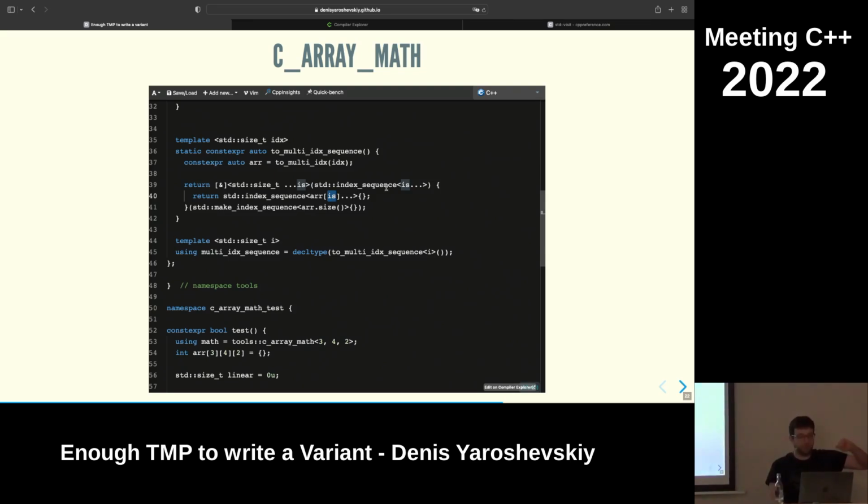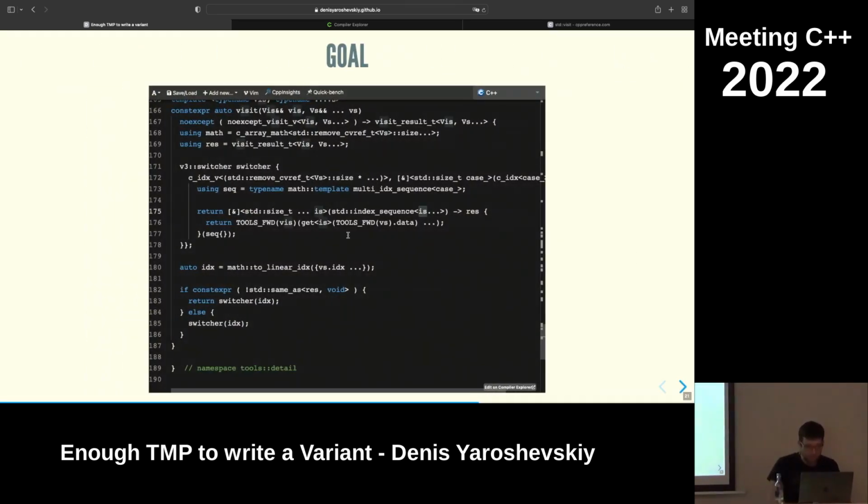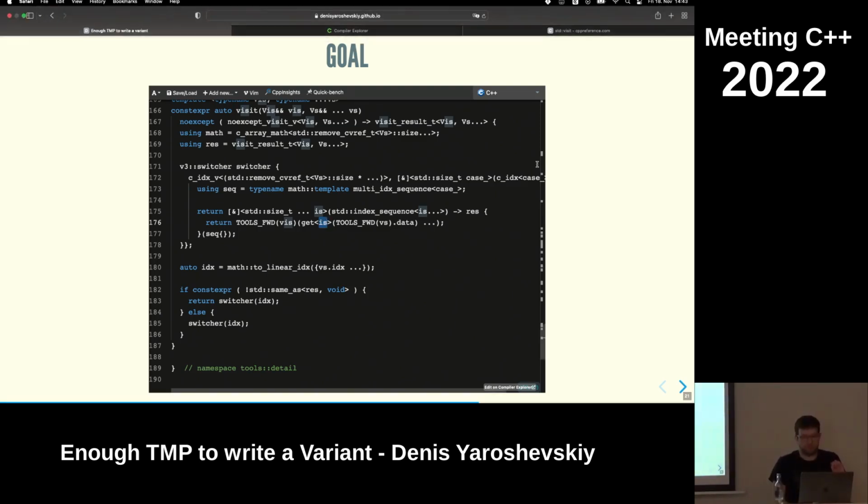So, okay, this is going to be index sequence 0, 1, 2, 3, up to the size of the array. Then I'm going to return an index sequence that is going to be array zeros. So like A0, A1, A2, A3 in an index sequence. And now I can mess with it. I can do all the template metaprogramming against it. Specifically, I can unpack it into this, and I can then use it when getting the index from the variant. This is probably the most complicated thing here. Kind of have a look at it, if it makes some sense.